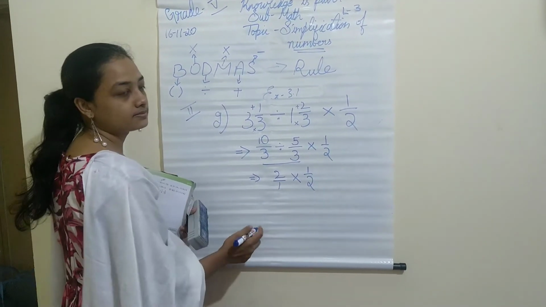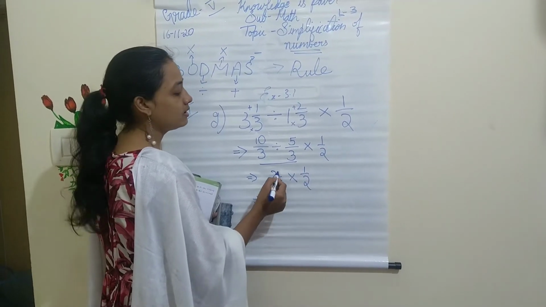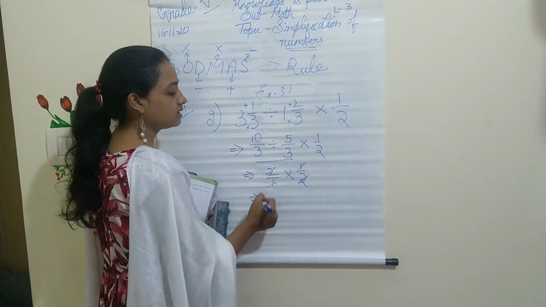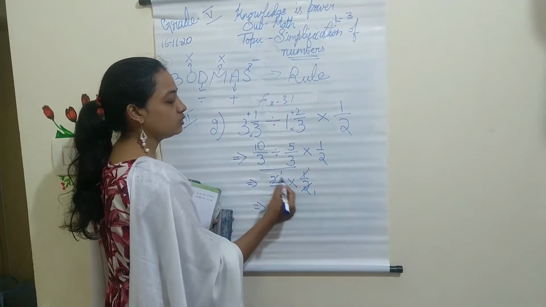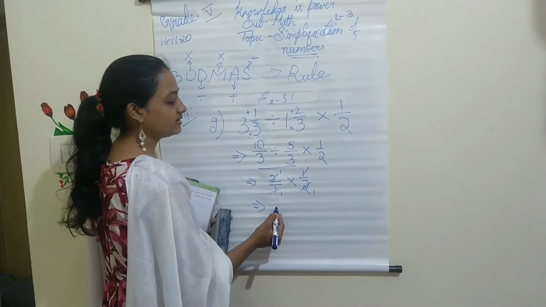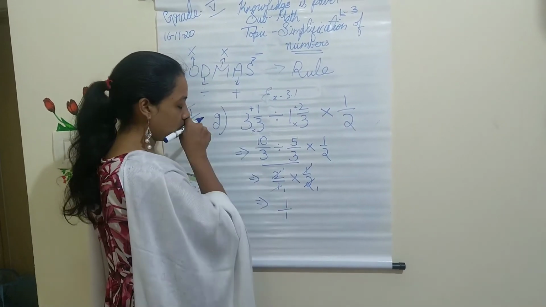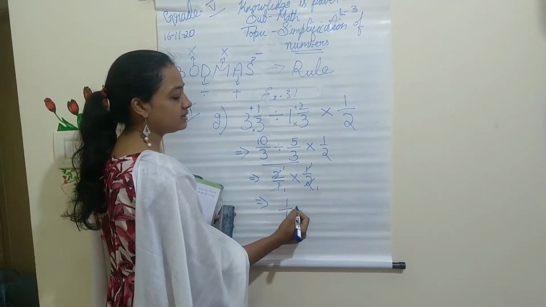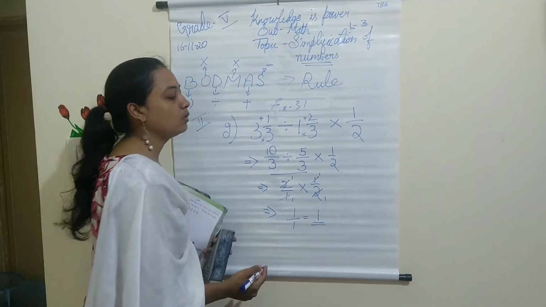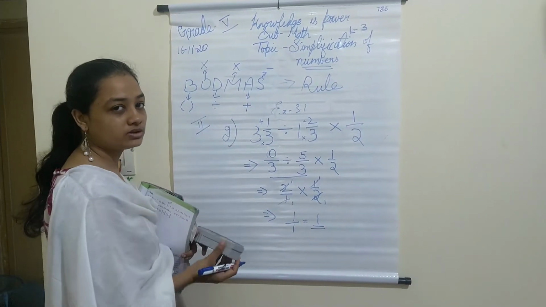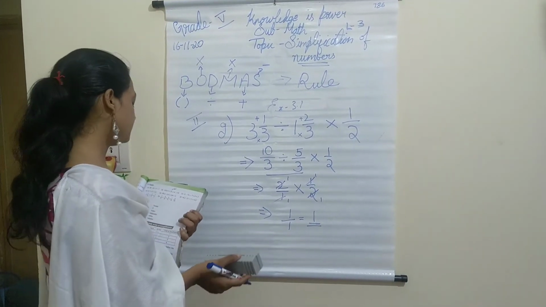Now solve this. So multiplication, and opposite numbers are the same. I'll cancel it. When I cancel the numbers, I get 1 everywhere. So 1 1s are 1, 1 1s are 1. Finally I get the answer 1 by 1. 1 by 1 can be written as simply 1. So the answer is 1. So I hope you understood. I'll do one more sum in fractions, that is H.